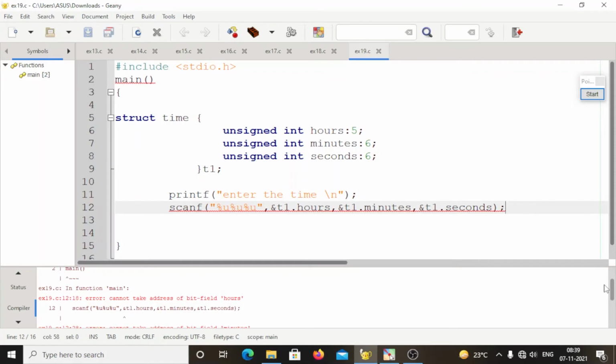Okay. So you can refer to any book. You can refer to the internet if you have it. How to read the bit fields? How to do it? So what I am going to do is